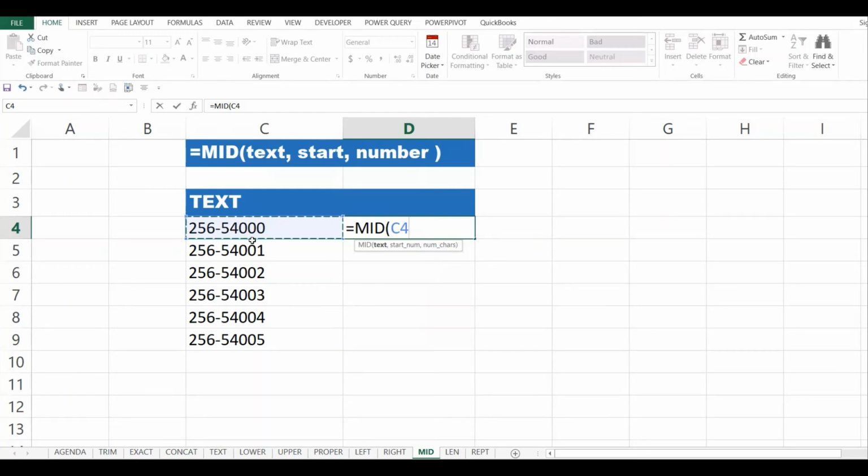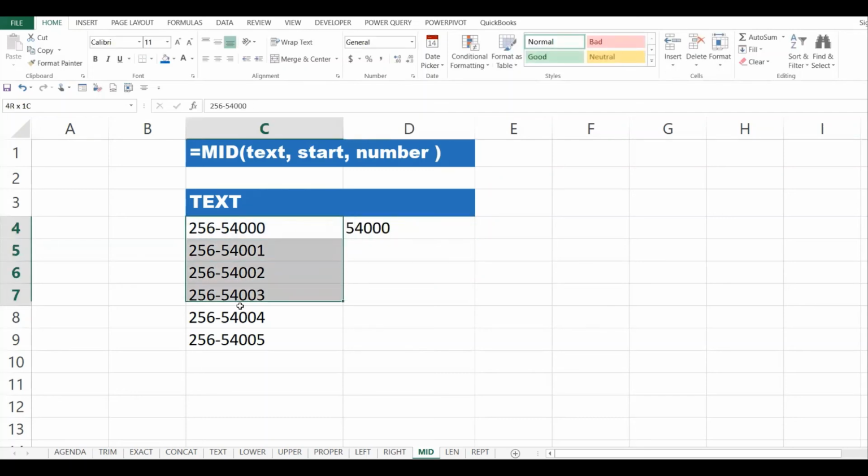So one way is to use the mid function. So it takes the text, then where do I want to start? I will count 1, 2, 3, 4, 5. Start on number 5. Then the number of characters after 5, I want 1, inclusive of 5, I want 1, 2, 3, 4, 5. I put 5, I close.